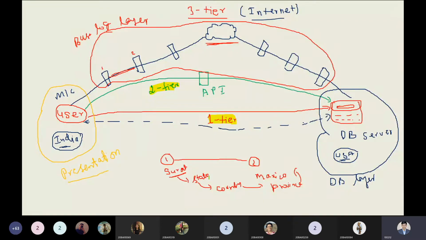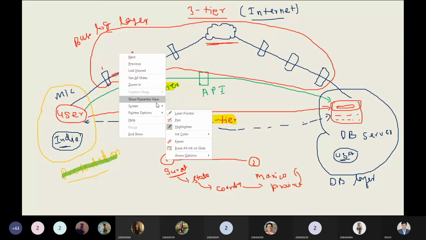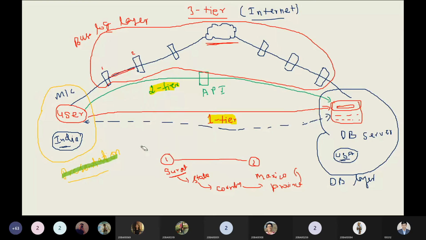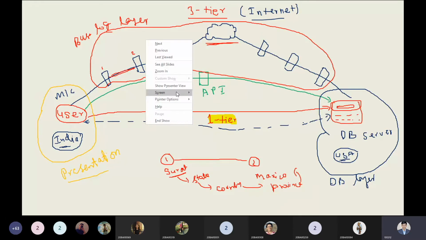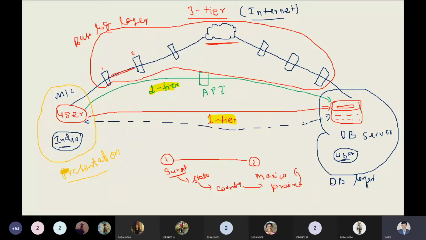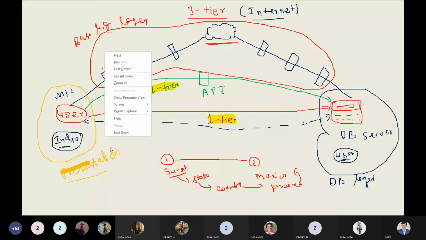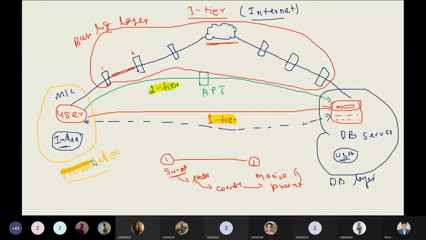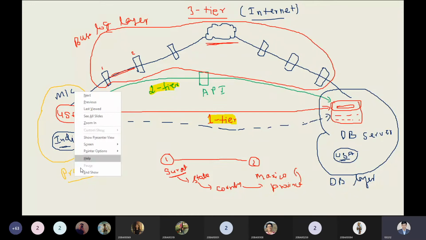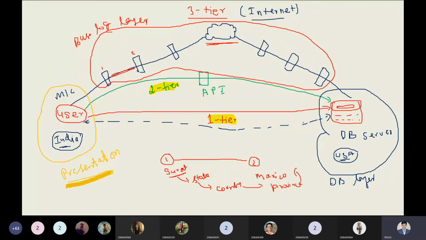So this is the user. The user will use the presentation layer, and after the presentation layer,